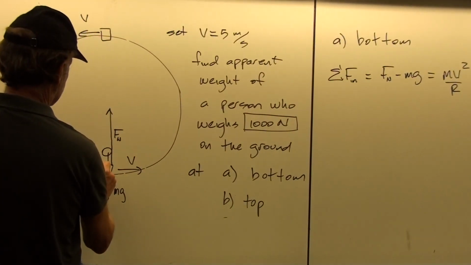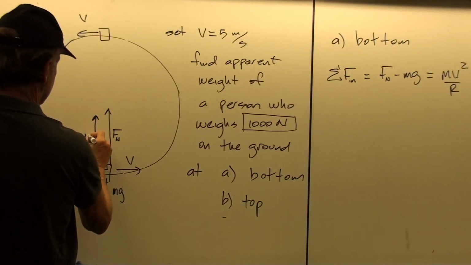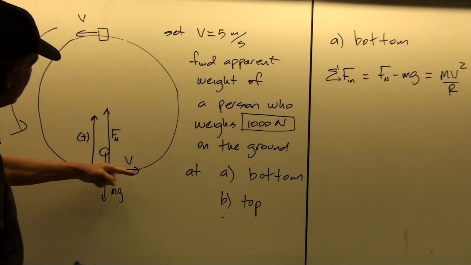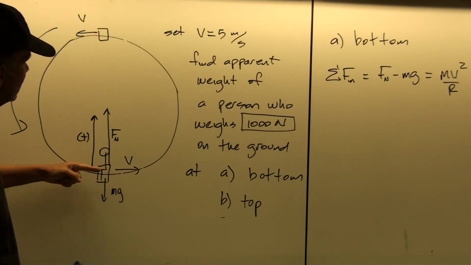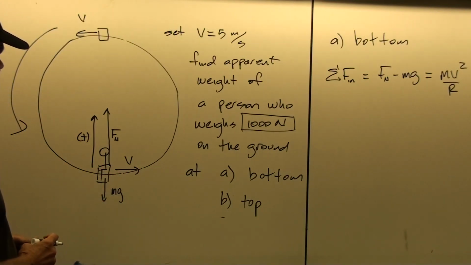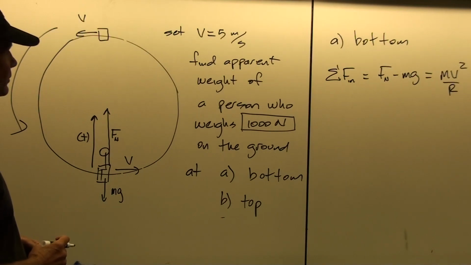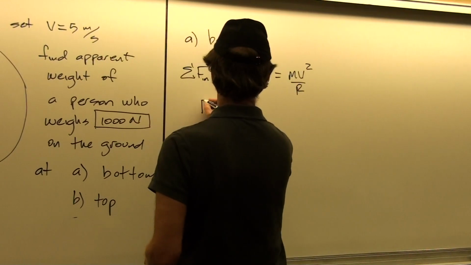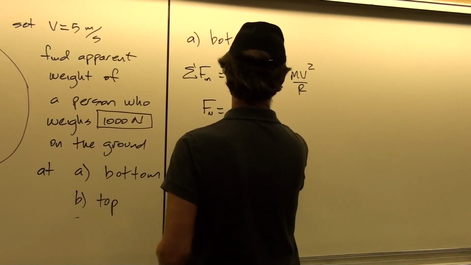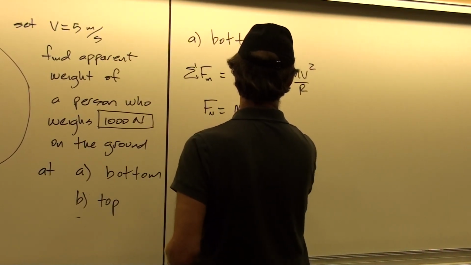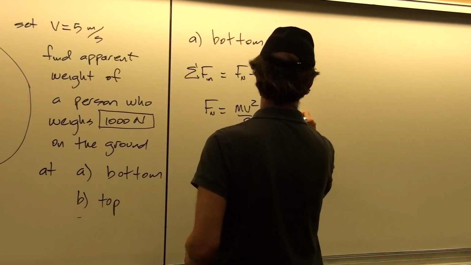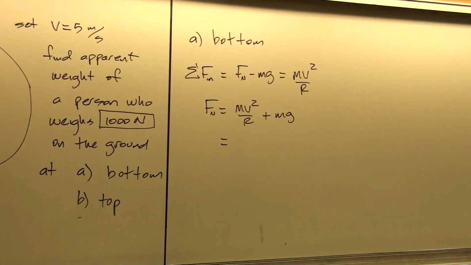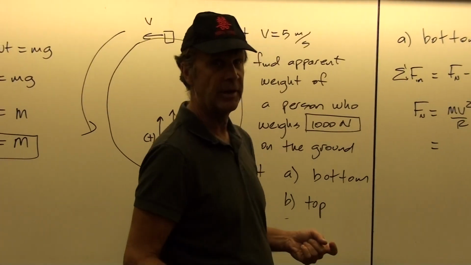Okay, and so this is our positive direction. In this case, it would be like a positive y direction, and there are really no x forces to consider here in trying to solve this problem. So our normal force is the same thing as the apparent weight, and that's going to be mv squared over r plus mg. So m, that's where we needed the m, was for F equals ma.